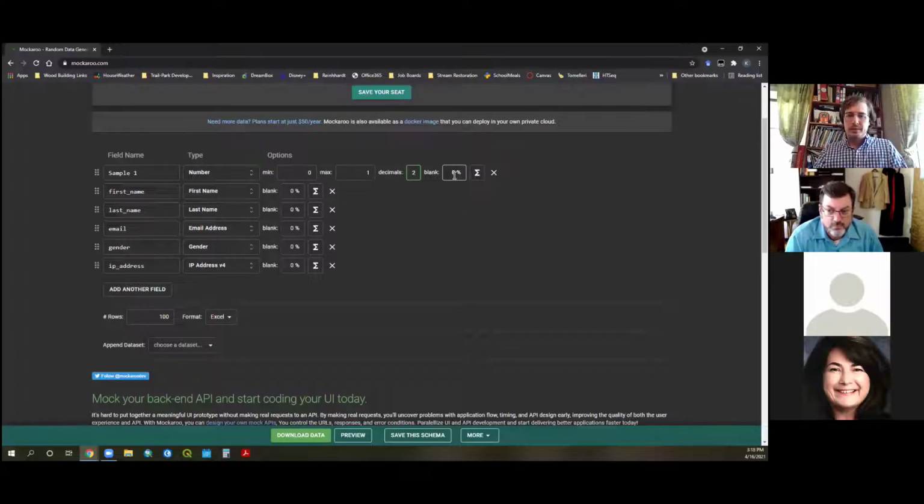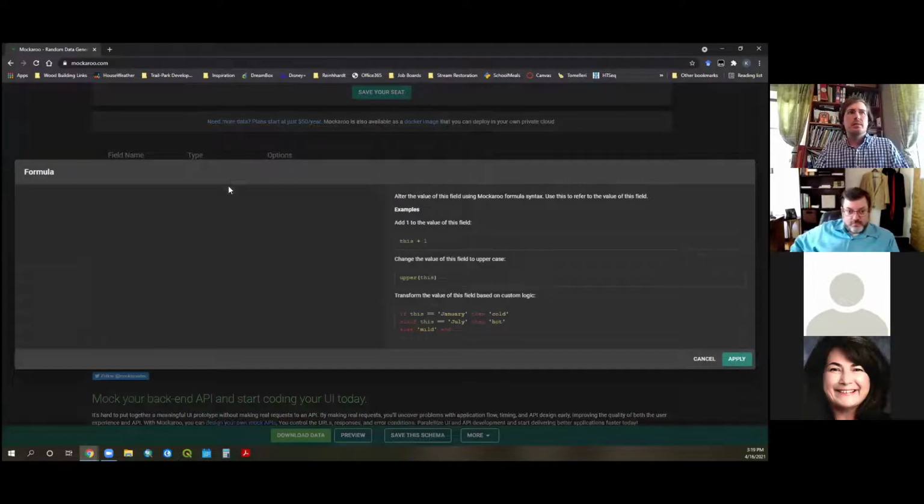And the reason this is important is if you're an app developer, then you might have people who don't enter in data. So how does your program, how does your database handle blank data cells? The other thing is that you can set up and formalize this stuff.